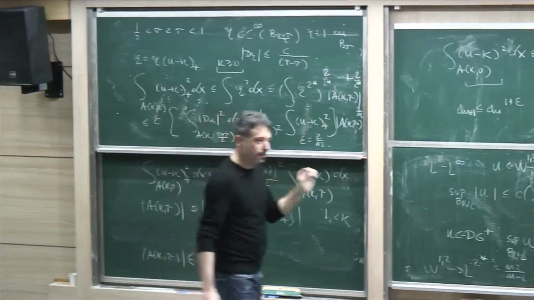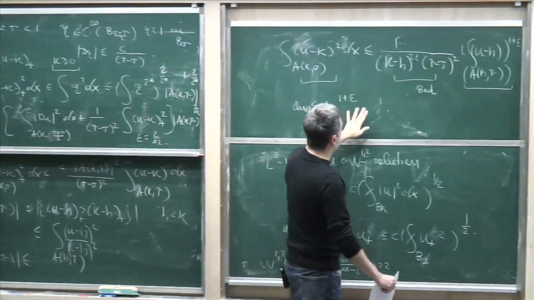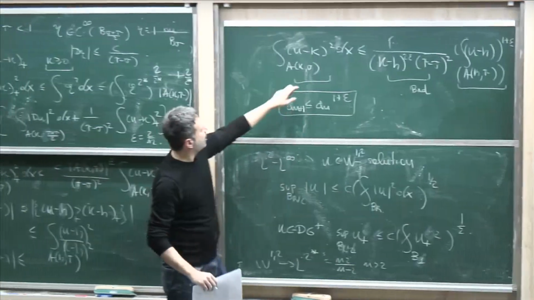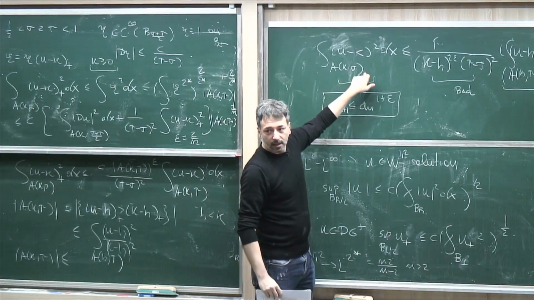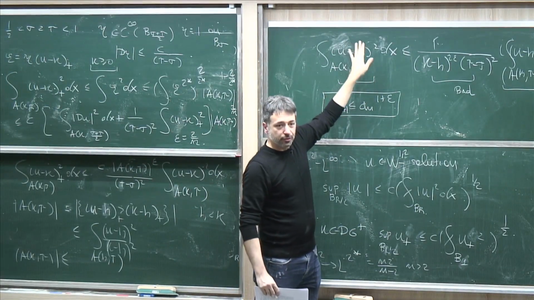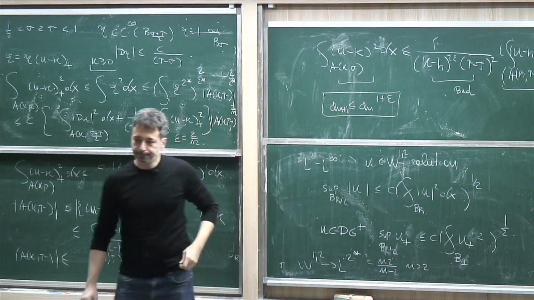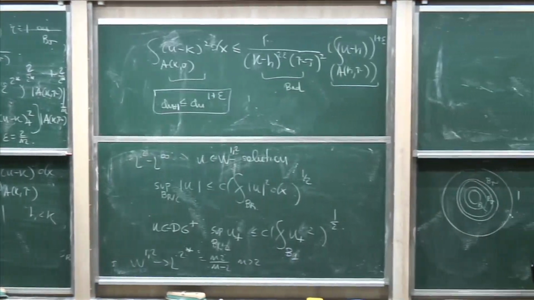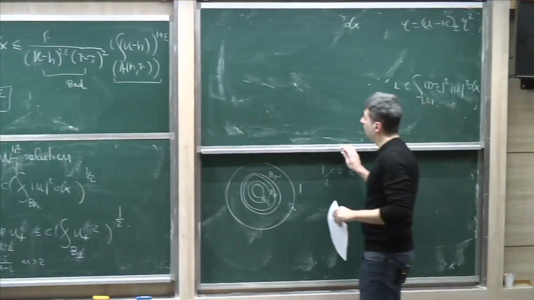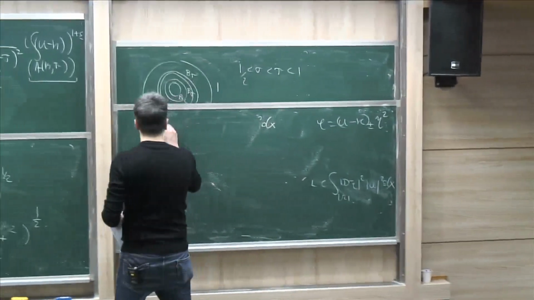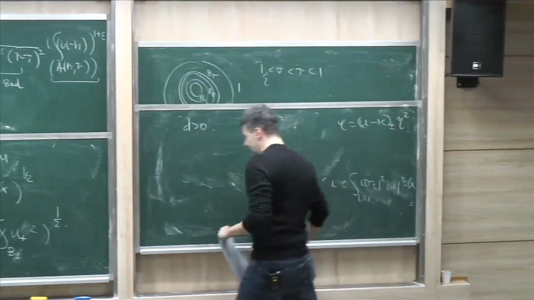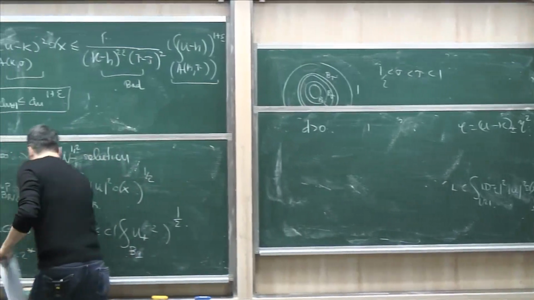The iteration will be geometric, and now we cook up a behavior like this in order to see that for suitable choices of radii and of levels, this is converging to 0, and then you get a sup bound. And that will be the end of the lecture. Okay, to do this, we do the following. We start taking d larger than 0. We start taking level sets that are approaching d,